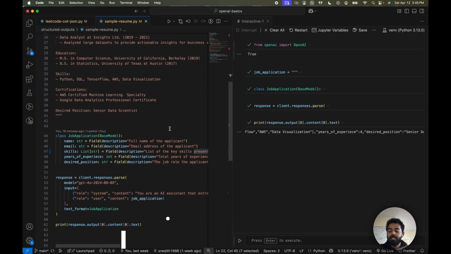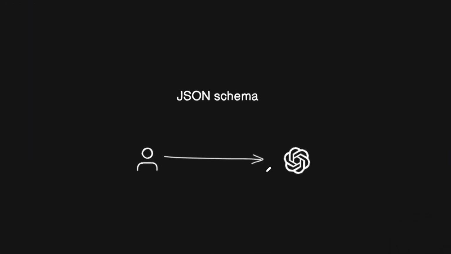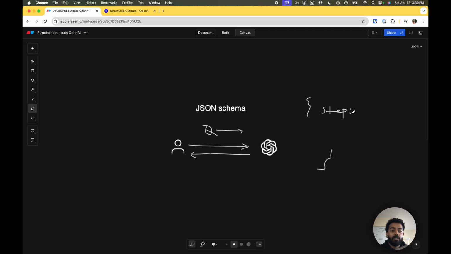So this is because, all right, so let's get right into it. So why use structured outputs? Let's understand this first. When you send a request to ChatGPT, you get a response back in text format. But let's say you do not want the response back in text format. Let's say you ask a math question on how to solve something, and you want the response back in a specific format. For example, you want to specify what step the model is at and provide an explanation for each